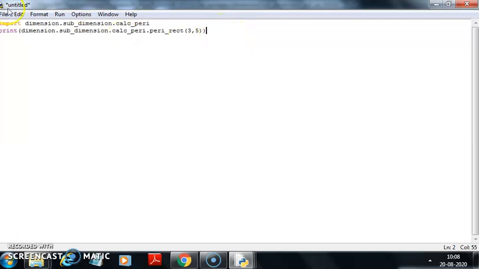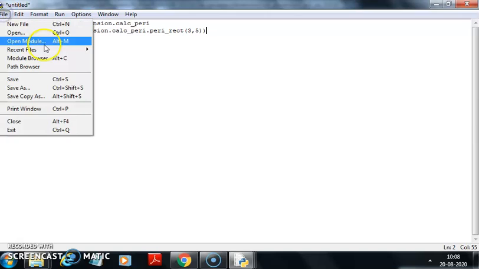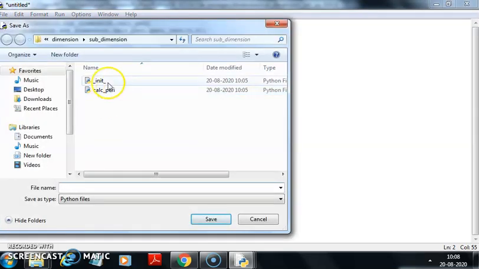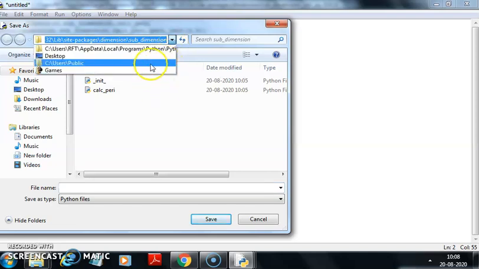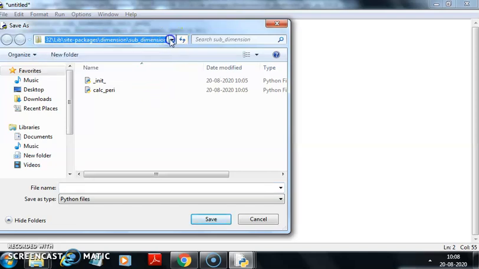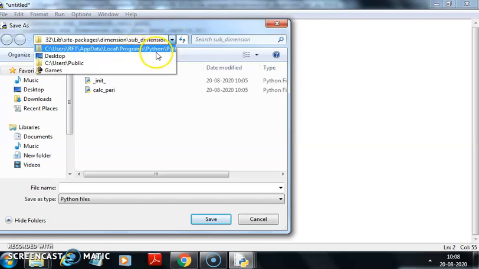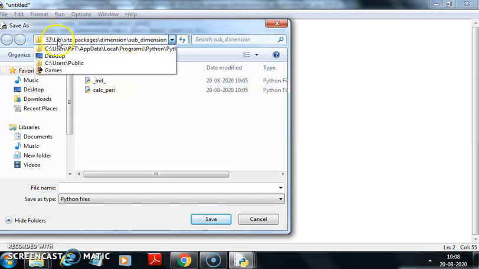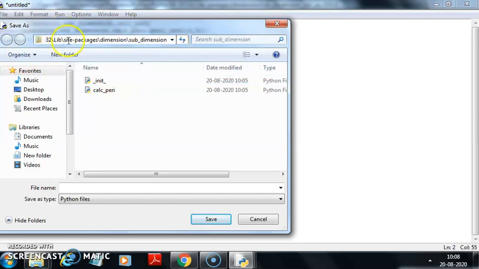So let me save it. Where will we save it? It will be saved not inside this sub_dimension package. I will save it in the folder where normal .py files are stored. So for this I am going into this folder.